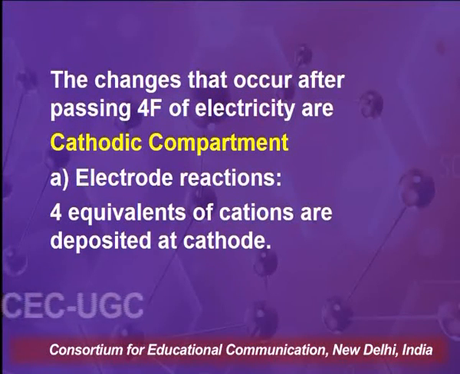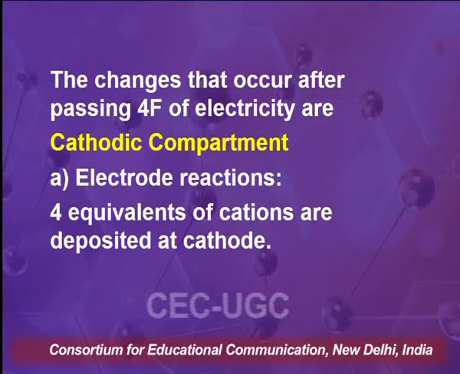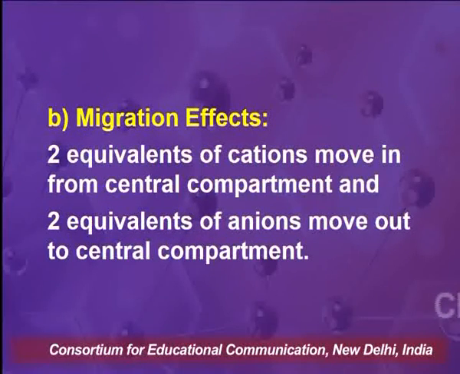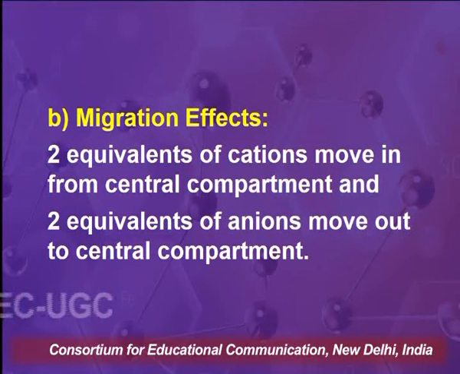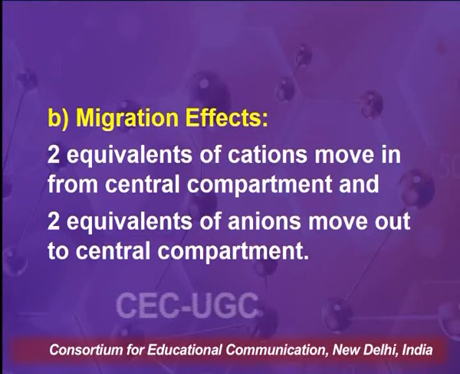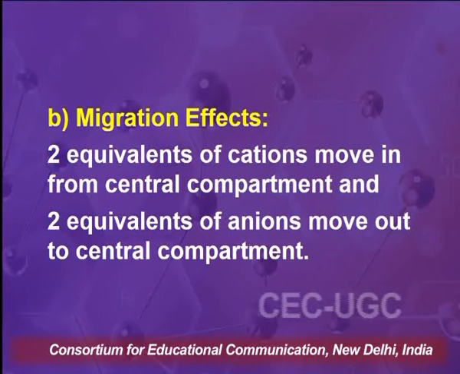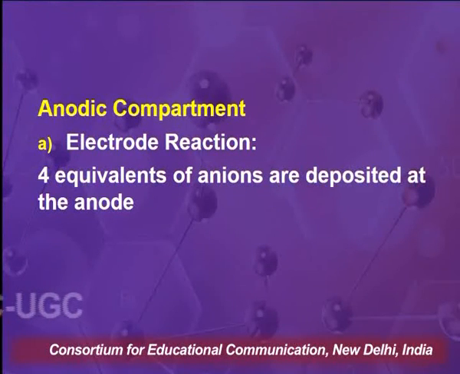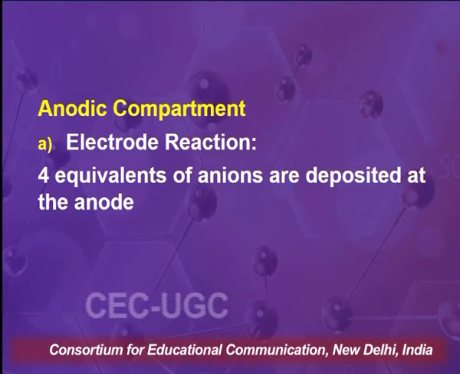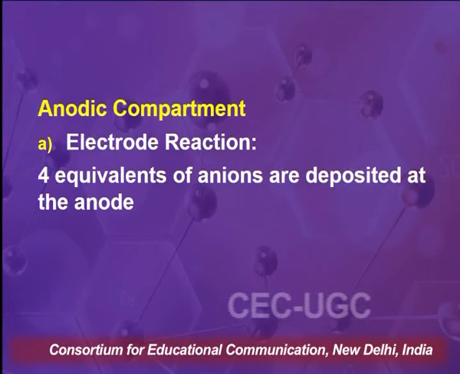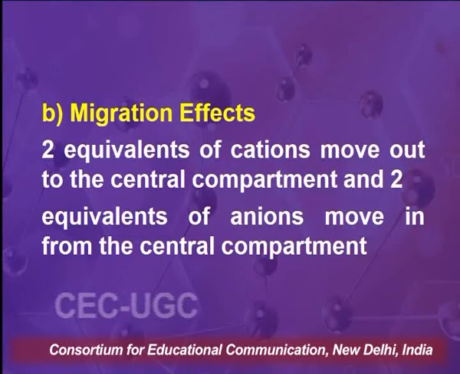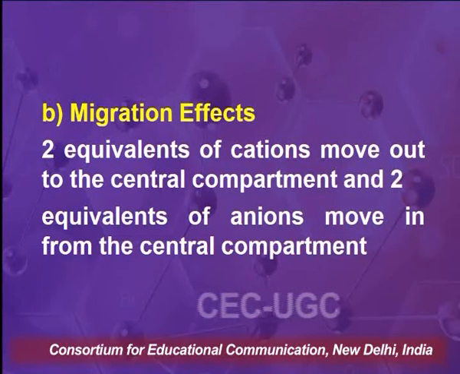We have the electrode reaction: 4 equivalents of cations are deposited at the cathode. Migration effects in the cathodic compartment: 2 equivalents of cations move in from the central compartment and 2 equivalents of anions move out to the central compartment. Anodic compartment, electrode reaction: 4 equivalents of anions are deposited at the anode. Migration effect: 2 equivalents of cations move out to the central compartment and 2 equivalents of anions move in from